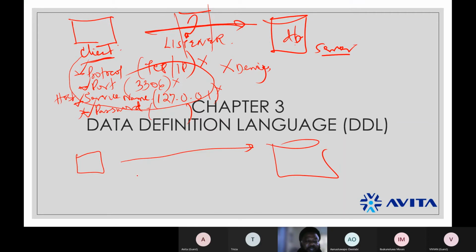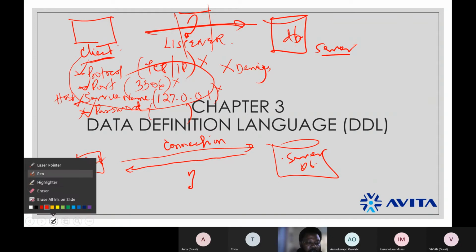This is the database, right? Once this is correct, once all the four are correct, the listener creates what we call a connection, such that you are connected. This is the client, and this is the server. On it, you have the database. You have a connection. That is, this is connected to this. Then what happens? The listener dissociates, and is no longer involved in that transaction until you disconnect.